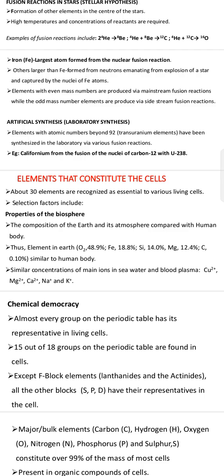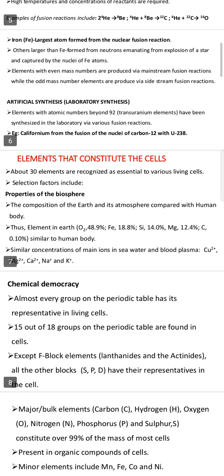But as time goes on, we will see that other large elements were being formed as well. So we will look at how those elements were also formed. But the largest that was formed firstly was iron. Others larger than iron formed from neutrons emanating from the explosion of a star and captured by the nuclei of iron atoms. So those elements which are far larger than iron were formed as a result of